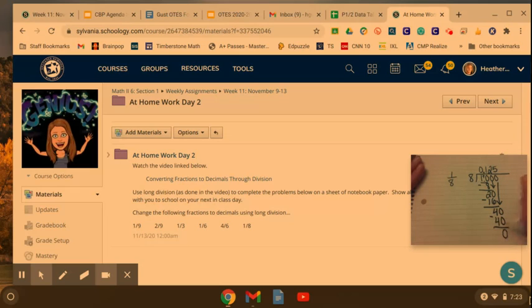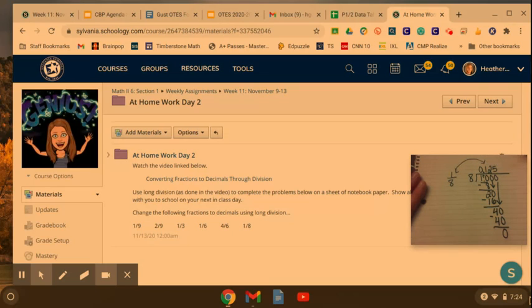I subtract. I don't have anything left. Since there's no remainder, that tells me that I'm done with the problem. So if I look back up here, what's happened is I have found that my decimal for 1/8 is